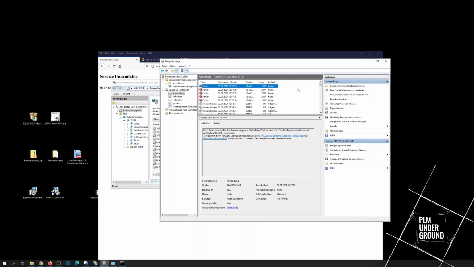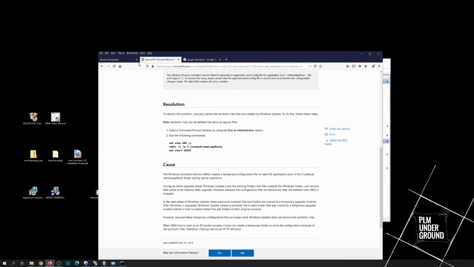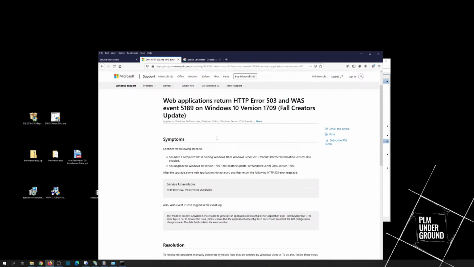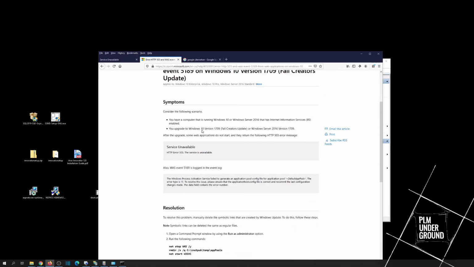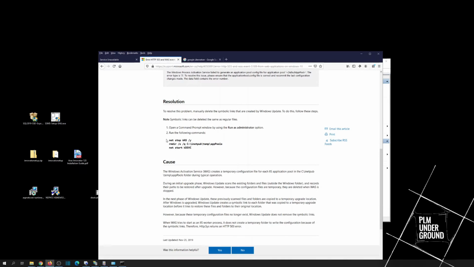Of course, I have prepared this video a little bit to keep things short. So here we have an error message that my config file is not a well-formed XML document, and we have some trouble with this config file in my inetpub folder. And this is actually a bug caused by a Windows update, the previous one. And when we look on the internet for some bug fixing, it recommends us to delete or remove this temporary folder with app pools. And this is what I do right now.